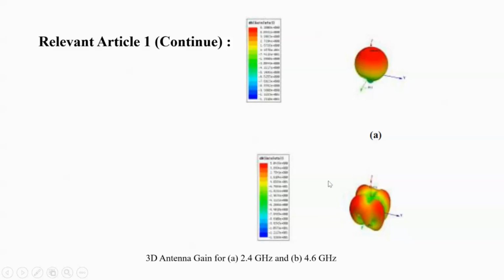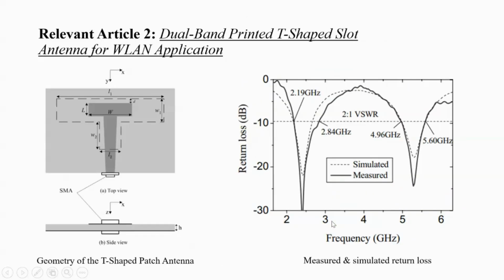So this is the 3D shape, the figure. Okay. So for the second relevance article, the title is Dual Band Printed T-shaped Slot Antenna with Wireless Local Area Network (LAN) Application. First, the parameter will look at the geometry of the T-shaped patch antenna, also the return loss here. You can see in the top view and the side view, the T-shaped slot consists of the horizontal component